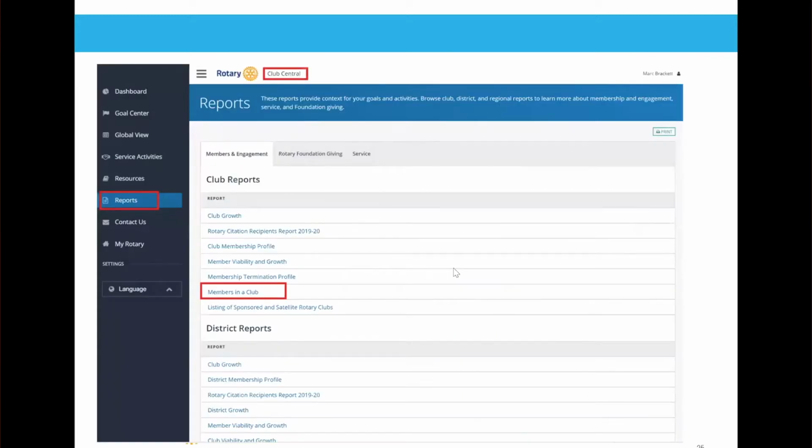Each one of those requires different reporting. So I wanted to get you familiar with Rotary Club Central by going back to Rotary Club Central. And this time we're going to use reports. So instead of going to the goal center, the reports there, the very first box of members and engagement and